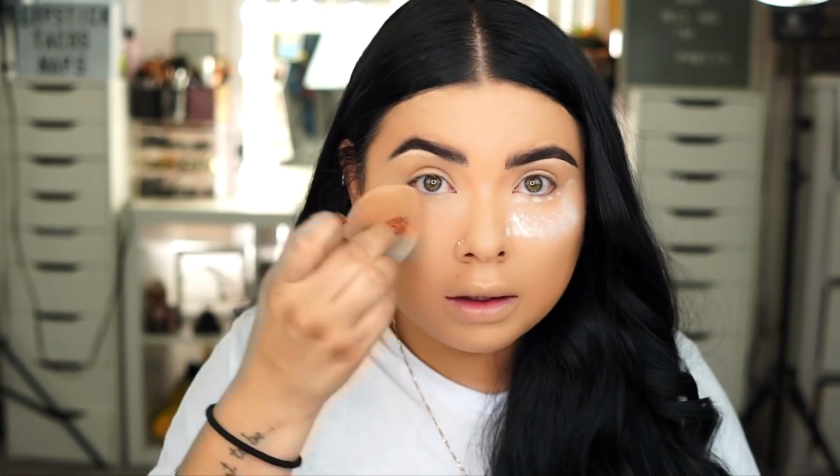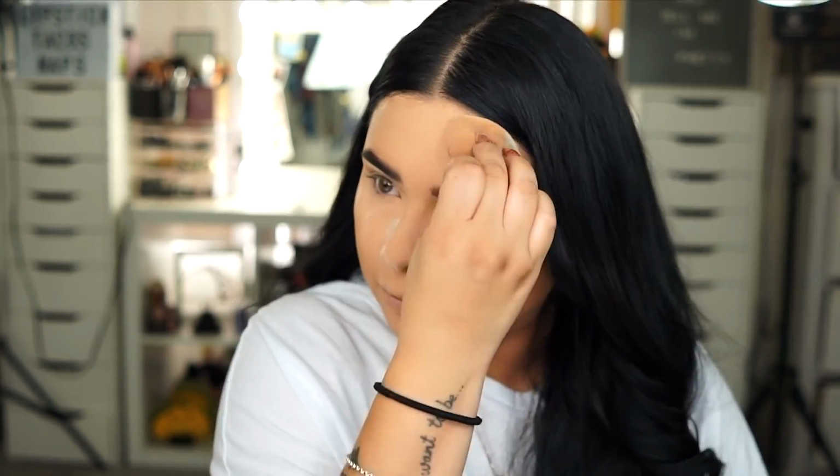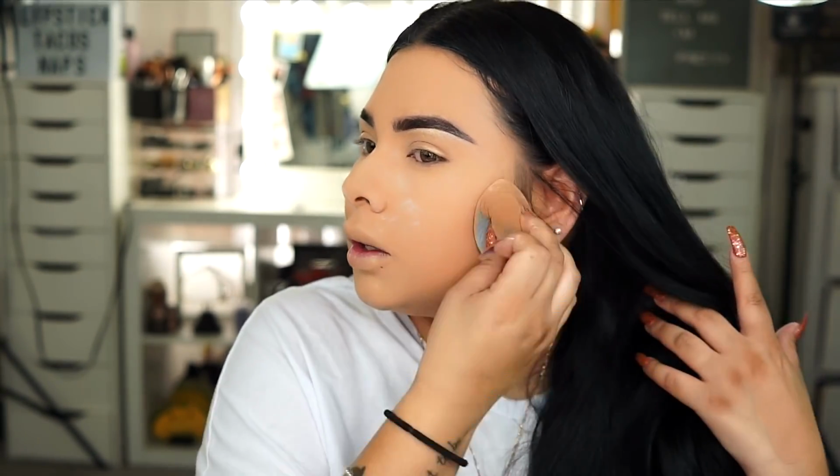So I am applying it with this sponge. And I forgot the name. I think it's Juno sponge. I think that's the name of the sponge. I don't know, but I'll still list it down below for you guys. It is a really amazing sponge. Definitely. So I'm just going to set my whole face with this sponge and I'm just not blending it in